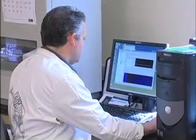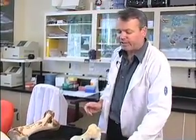And once you have amplified that gene, you can then sequence the DNA using a DNA thermal cycler. What it does is read the DNA sequences and allow us to compare those DNA sequences for the different animals. Now, to give you an idea of one particular project that we're involved in,